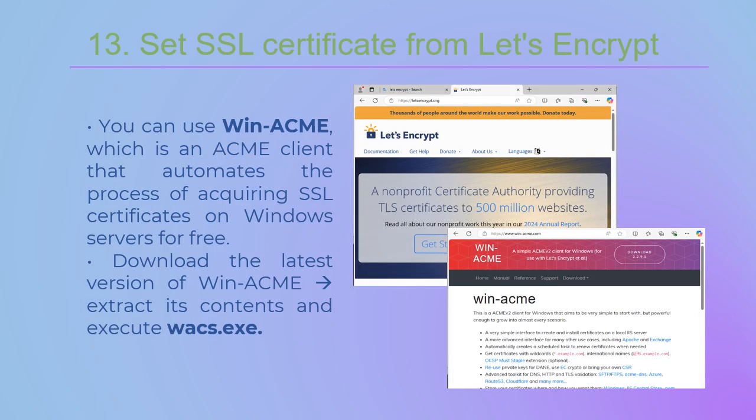So to secure this website a little more, we will set up an SSL certificate using Let's Encrypt, which is a free SSL provider. And for this, I used WinAcme, which is an Acme client for Windows servers that is compatible with Internet Information Services. So first we have to download the latest version of WinAcme.